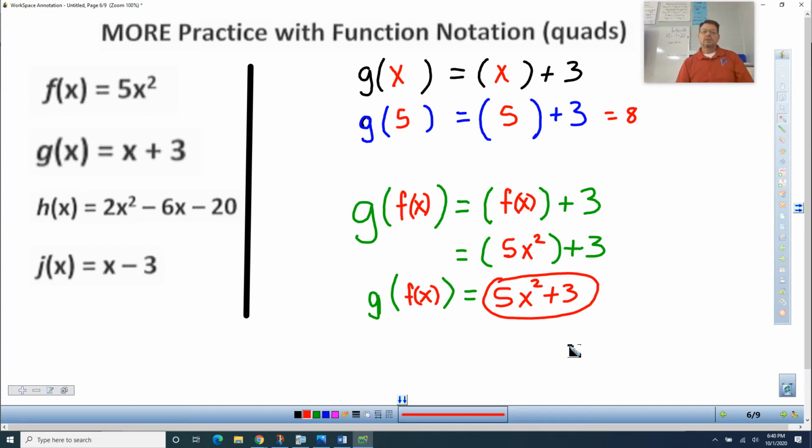Okay, so it goes back to the same idea. Whatever's in there, you plug in, and then you just deal with the collateral damage, whatever that is, and go as far as you can. You may not be able to go very far at all, but just go as far as you can. But don't worry about it till you've done it. So there's practice with